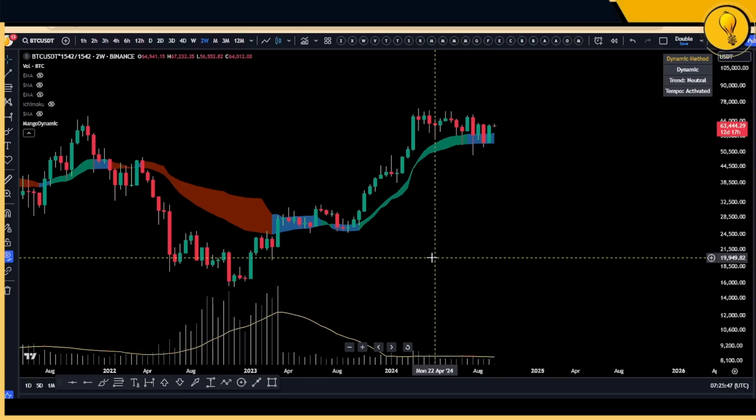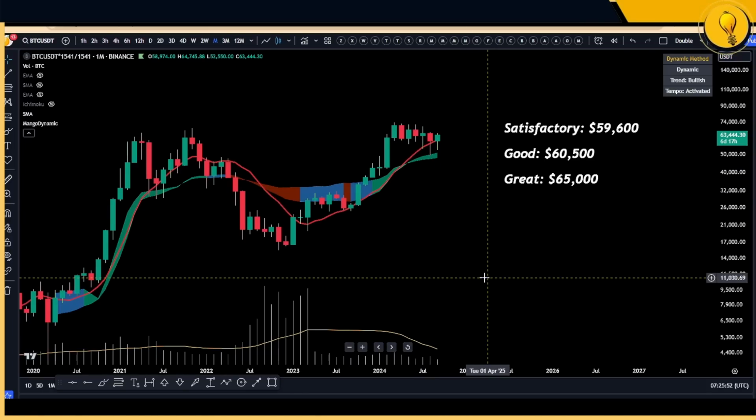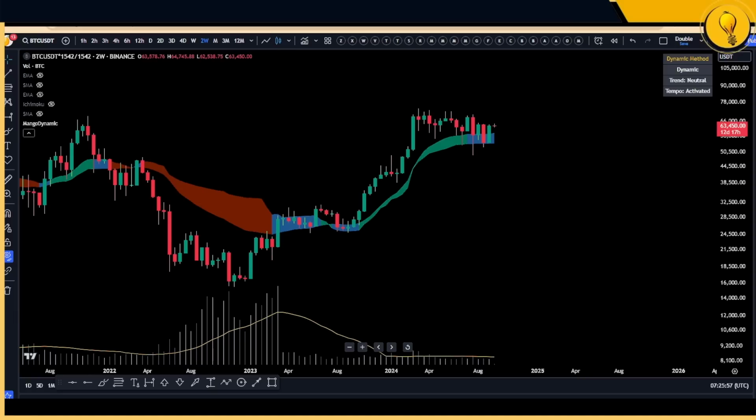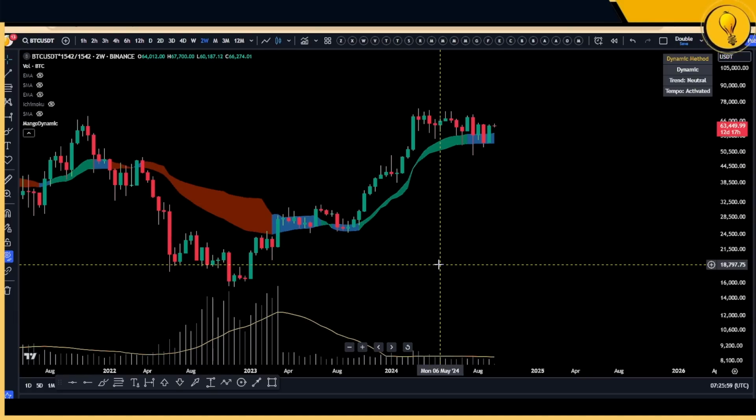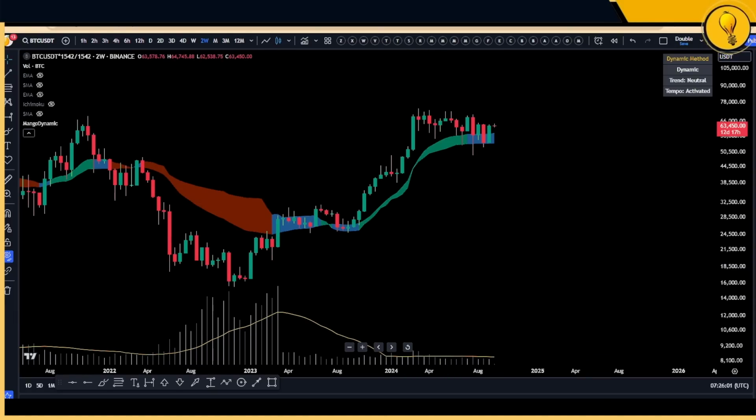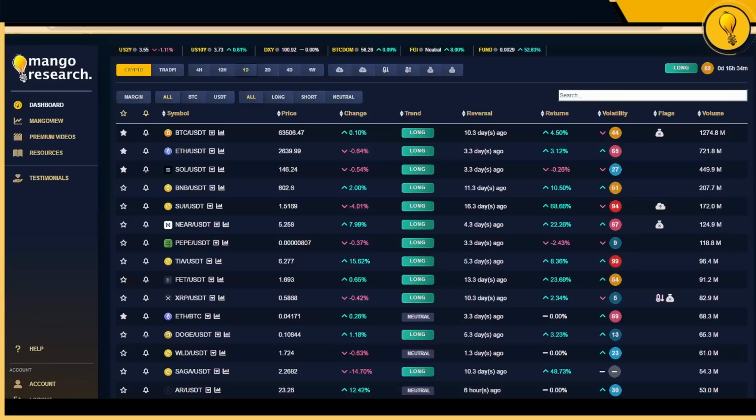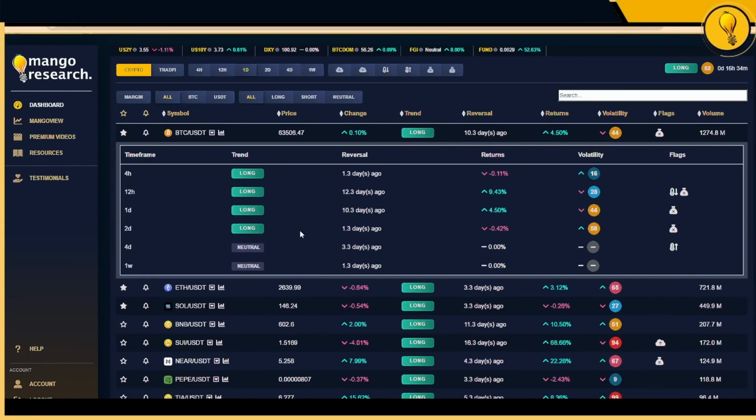Based on the bi-weekly, we never got permission to exit our spot trades. Based on the monthly, we never got permission to exit our spot trades. So there was no mango reason to exit your spot trades. Over here, in regards to the 4-day time frame, in regards to the dashboard, we are talking about what it will take, what we're looking for